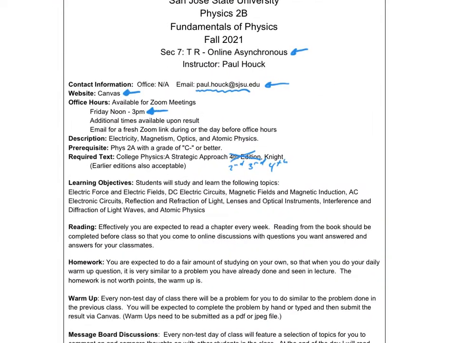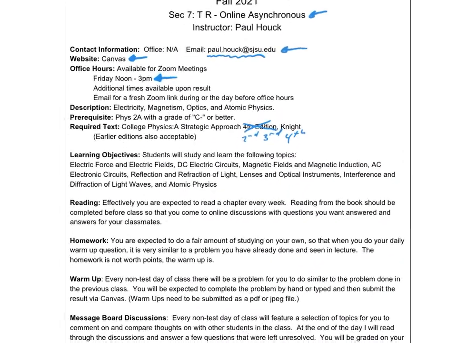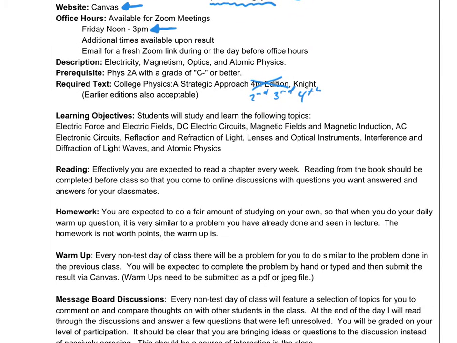Let's switch up the color. Learning objectives. This right here, mostly I have this in here for getting a good syllabus for if you needed to transfer this course to another institution. That's what they look at right there. They want to know everything that is actually covered in a course when they look for equivalency. If you are interested in what is being covered the entire semester, go there.